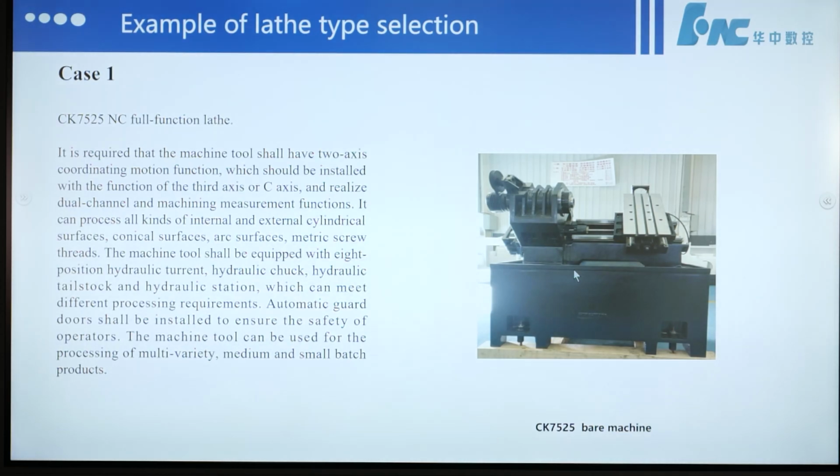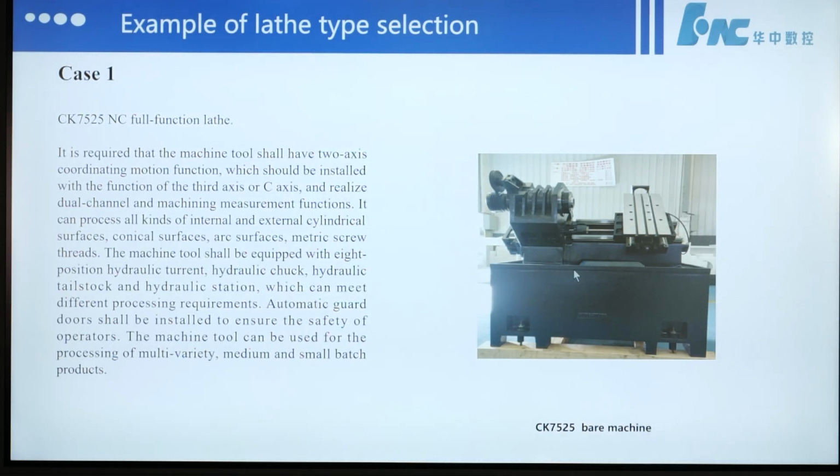It is required that the machine tool should have 2-axis coordinating motion function, which should be installed with the function of the third axis or Z-axis, and realize dual channel and machine measurement functions. It can process all kinds of internal and external cylindrical surfaces, conical surfaces, arc surfaces, and metric screw threads. The machine tool should be equipped with